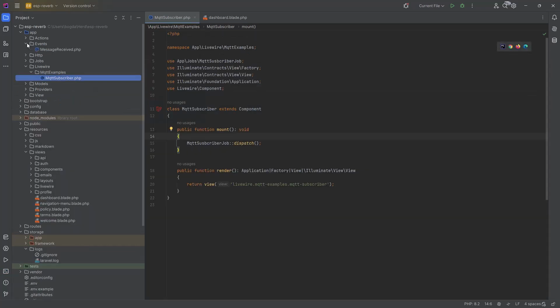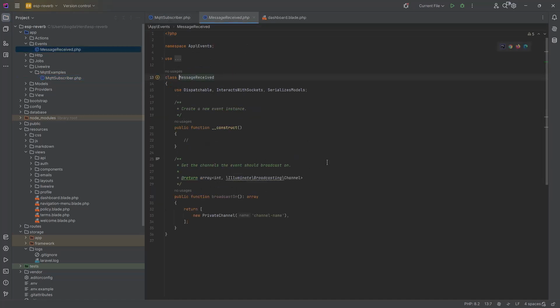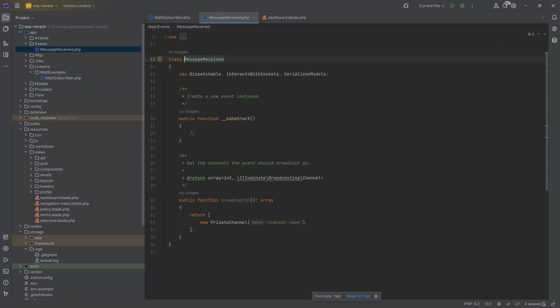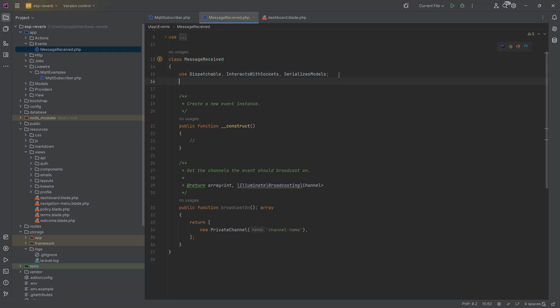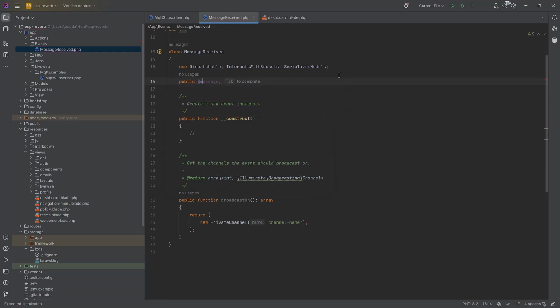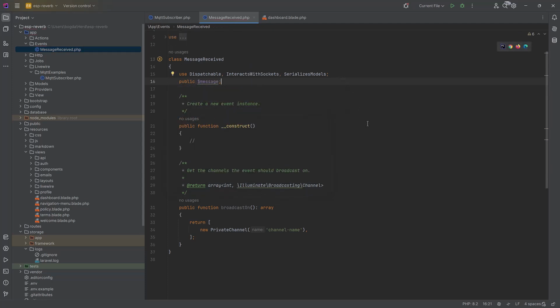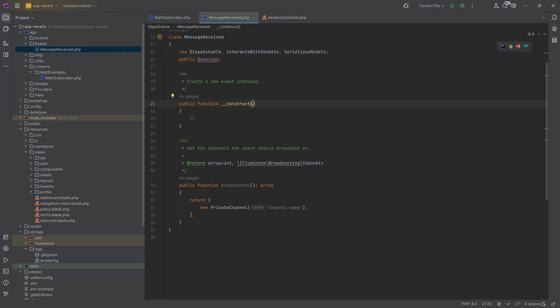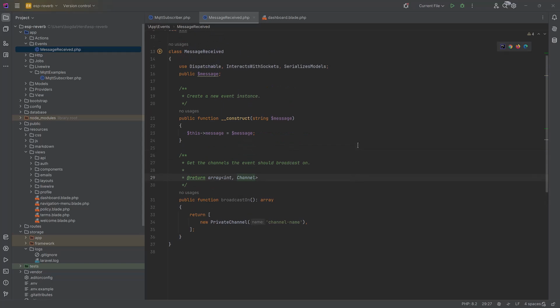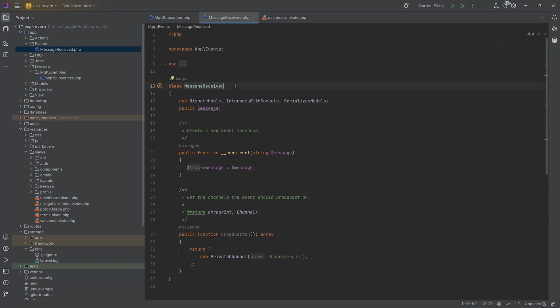And the event I find here in the Events folder, and here I have to insert the property message: public string message in the constructor. And for this event I have to implement ShouldBroadcast,